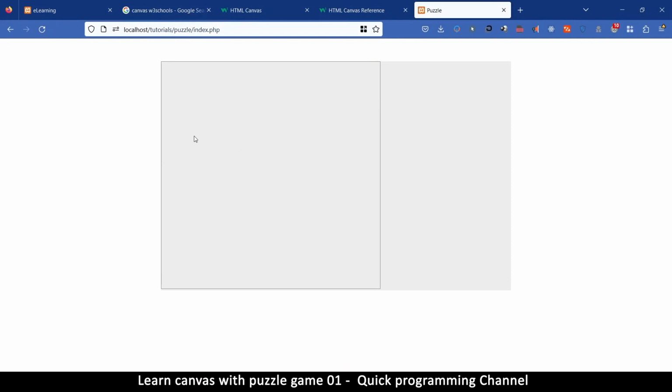But what I want for now is for us to actually know when the mouse is over the canvas here, because we're going to be using a lot of drag and drop. So we should know where the mouse is on the canvas. So to do that, we're going to add an event listener to the canvas itself, and that's the mouse move